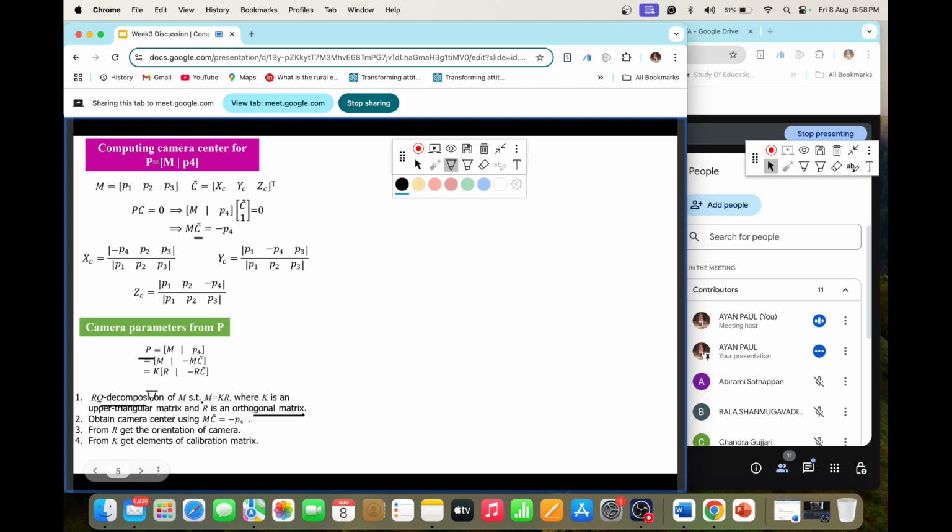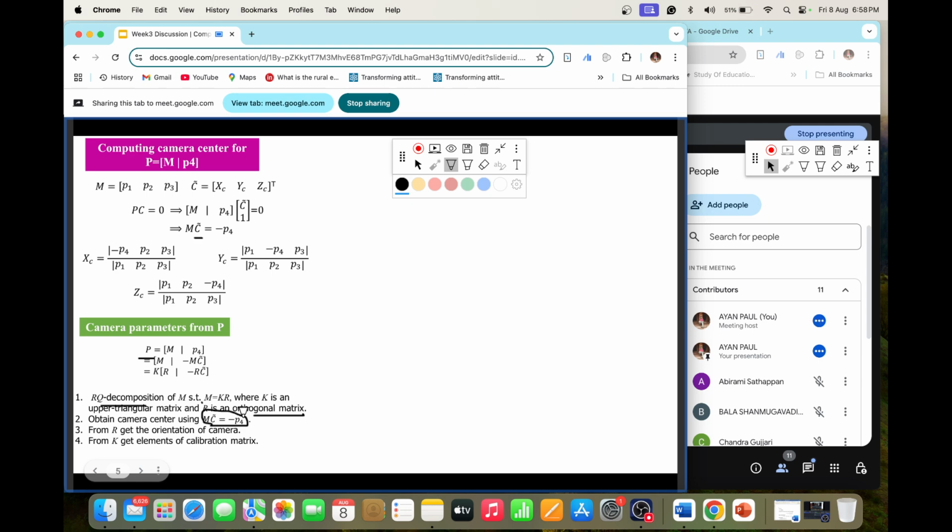Okay, that is RQ decomposition, that is upper triangular matrix into the orthogonal matrix. Now to get the camera center, this is our formula for the camera center. This is very very important. So camera center will be given by M inverse. If I just move M from this to this side, so minus of M inverse P4, that will give us